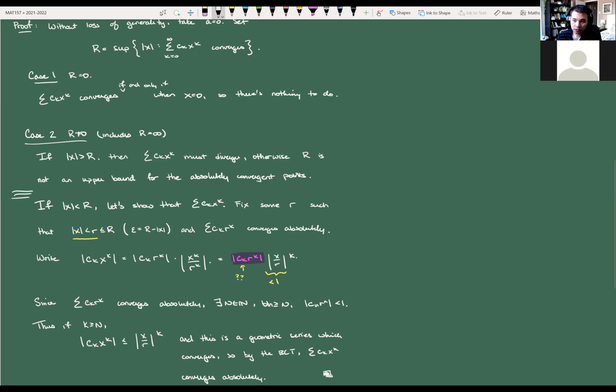So this one I took, again, sort of slowly, just so that you could see how we're going to end up manipulating this thing into a geometric series. But this is going to be the common trick. So in the future, I'm probably just going to go straight to this line. Like I'll put that line first and then do this line. And if you see me doing that, you know why I'm doing it, right? Because I'm trying to get rid of those constants. Sure. So it converges because,